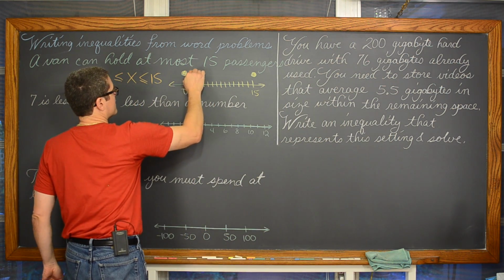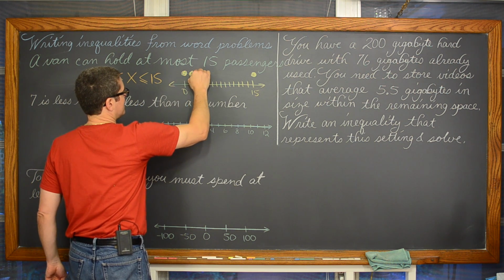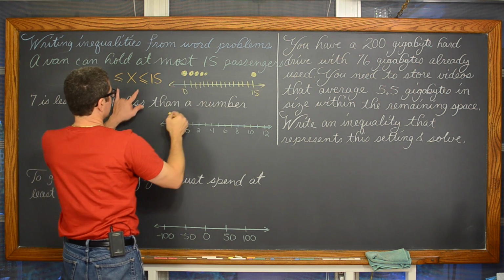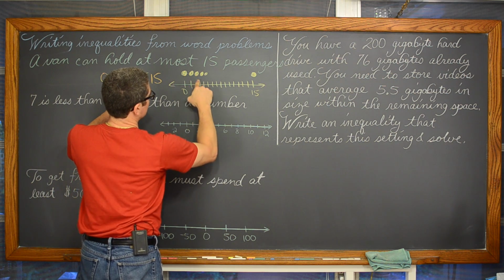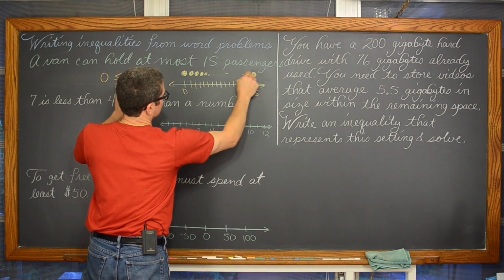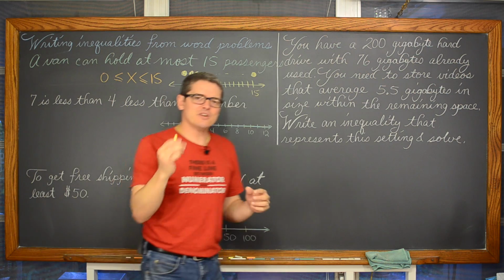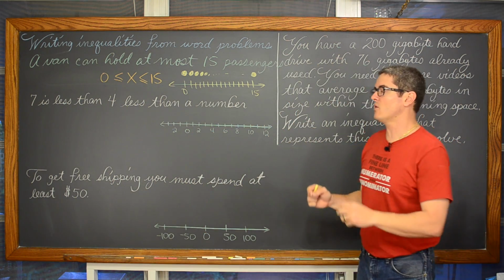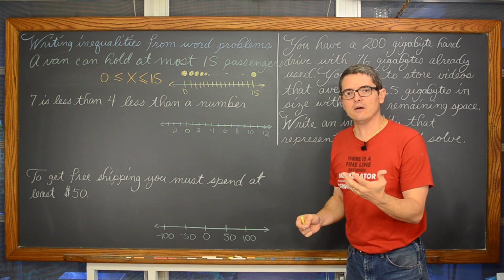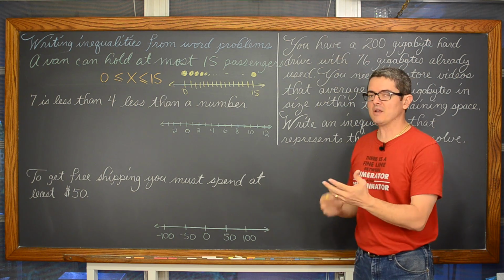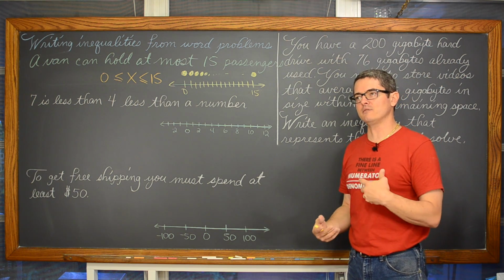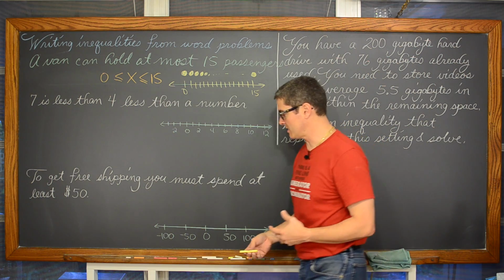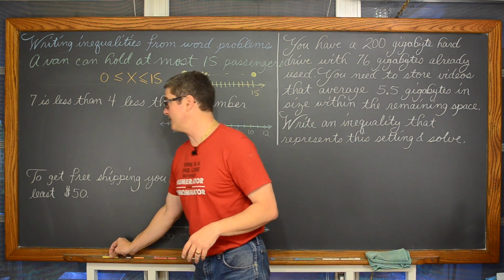And my shading for the number line really isn't shading for inequalities anymore. Well, other than I have an inequality there, so maybe I misspoke a little bit. I'd have to put a little individual dot over every single whole number value between 0 and 15, because that would be appropriate for the setting of people going onto a van and filling the seats up and how many people can be on the van.